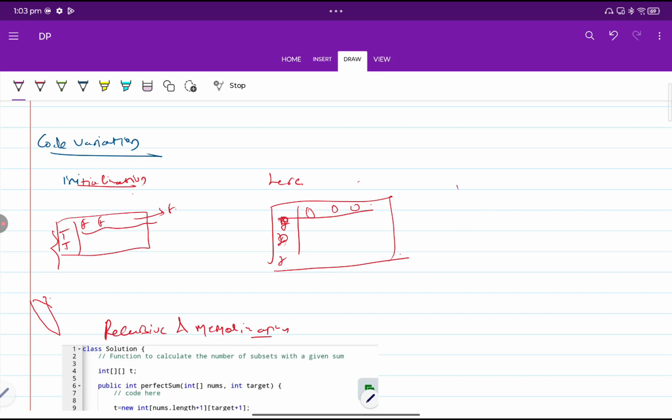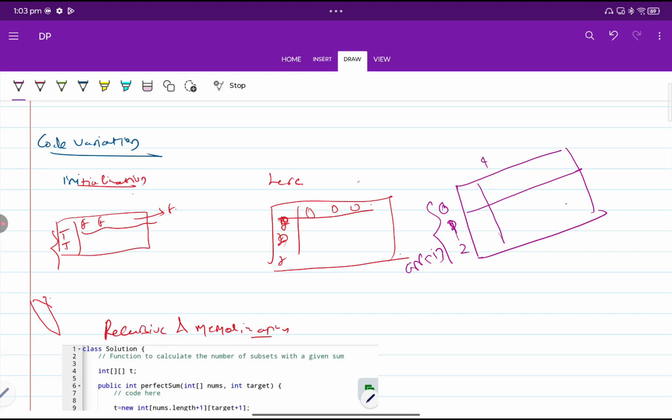If you know subset sum, what we do is this place represents the array with index, and actually it returns the index, and this is a target value. Here the target value is the target or the sum value. If the sum is equal to 0, that means if sum equal to 0,